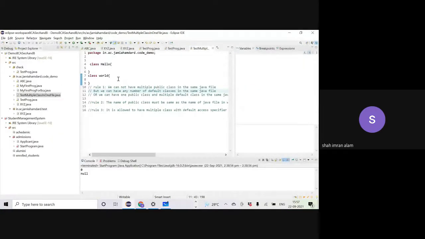However, to avoid confusion, it is still prescribed that you must have just one class within a particular Java file, not more than one class, and that's a strict rule in terms of code review as well.